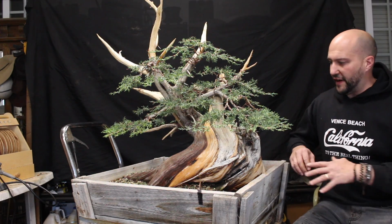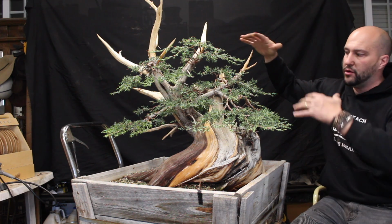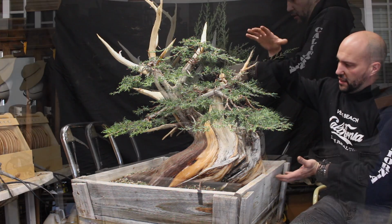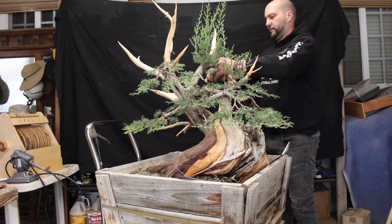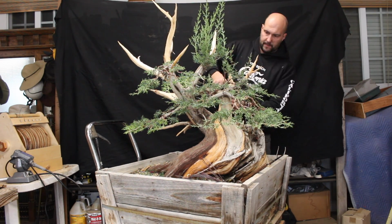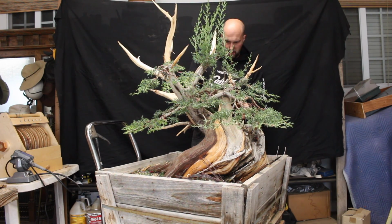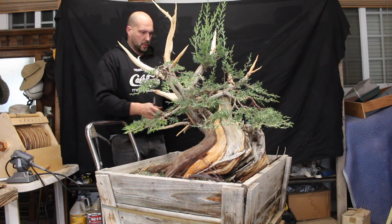So here we are with the final product. I was able to squish the tree down and make it nice and open. So all the green is pushing on top of this big trunk to create a sort of disproportion between the height of the tree and the size of the massive trunk, to make the tree look bigger and focus the attention of the observer on the big live vein and the nice deadwood that we have on this side